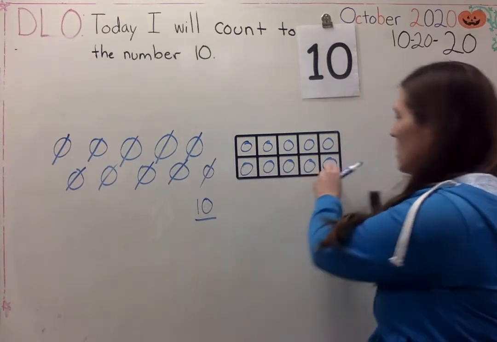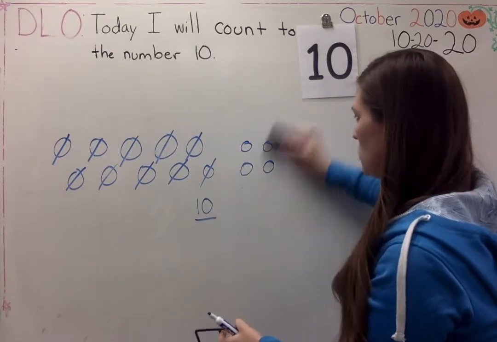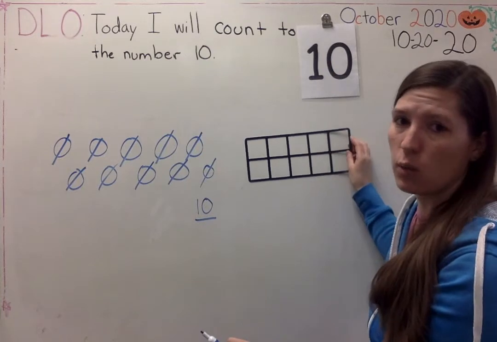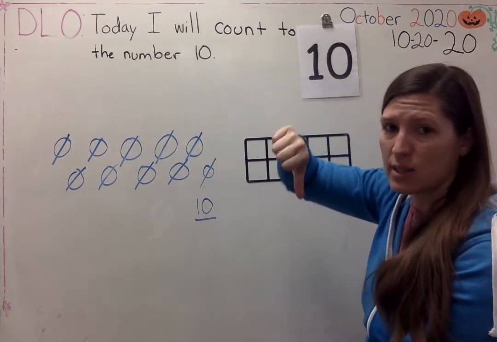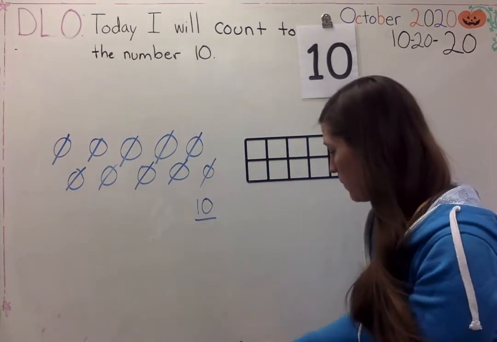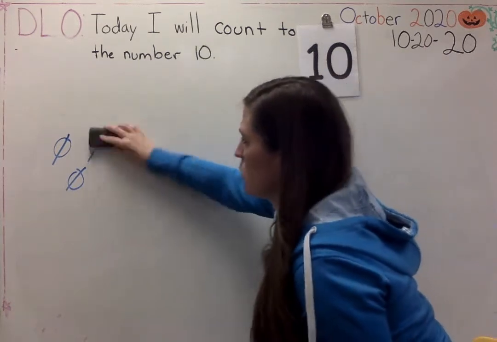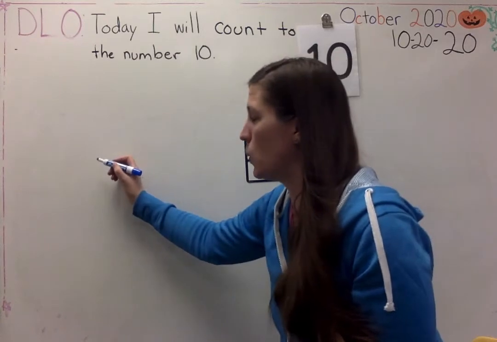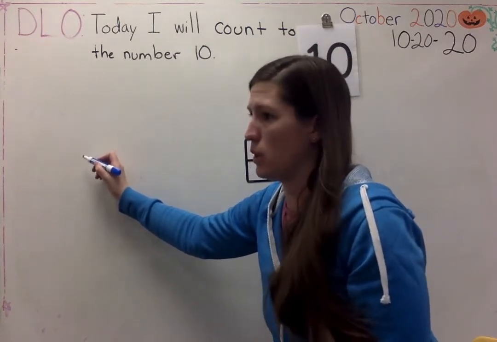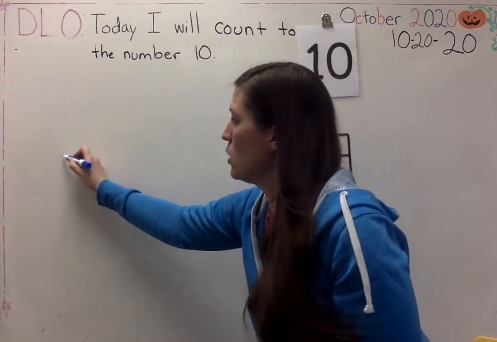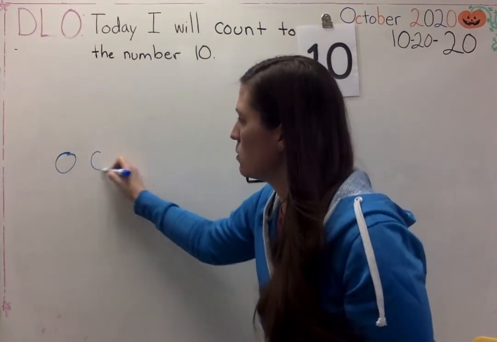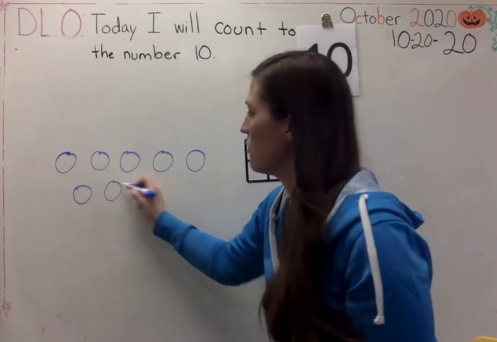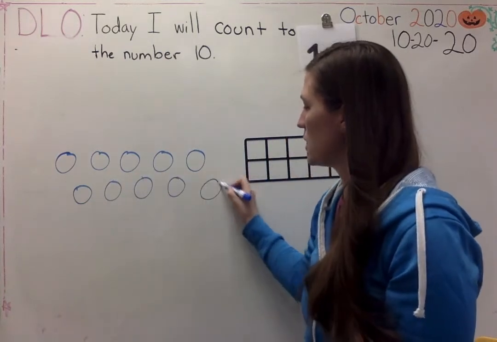Let me show you another strategy of how to count all of your objects, because last week we were working with the numbers 6 through 9, which are less, not as many as 10. So let me draw 10 more circles. I'll show you another strategy you can use to make sure you don't miss any of your ducks and ducklings and birds today. So if I have my circles, 1, 2, 3, 4, 5, 6, 7, 8, 9, 10,